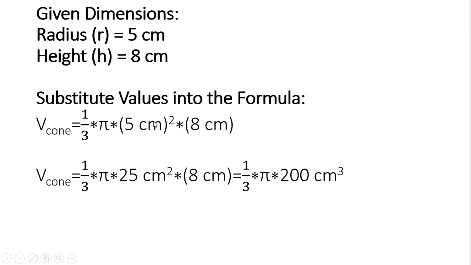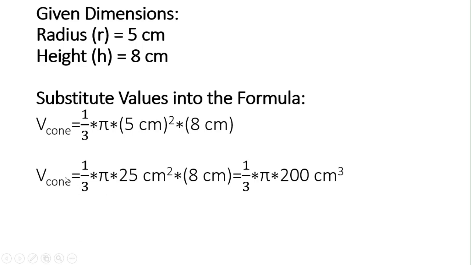Now we are substituting the values in the formula. So volume of the cone is equal to 1 by 3 into pi into r square into h. R square means 5 into 5, 25, and h is 8. For simplification, I am not substituting the pi value here, because we are going to divide the volume of one fourth of the water by the volume of each lead shot, and there the pi value can get cancelled. So to simplify, I'm not substituting the pi value here.